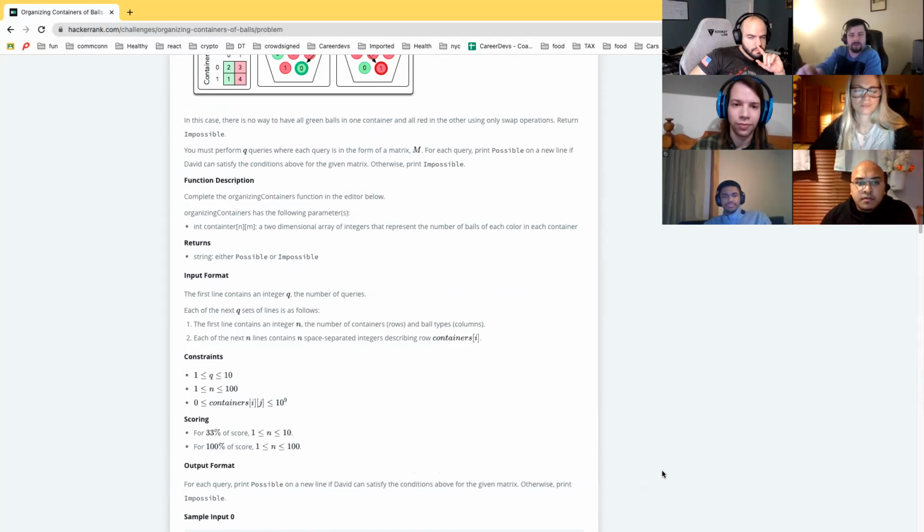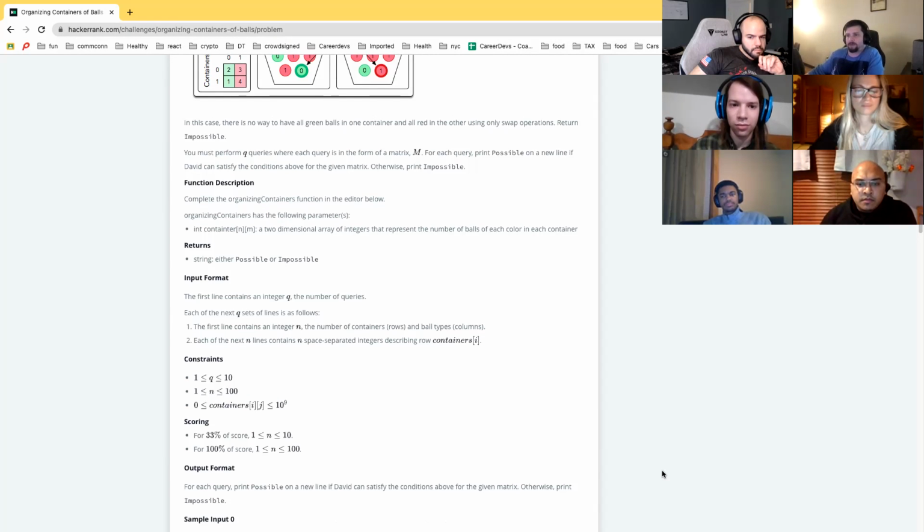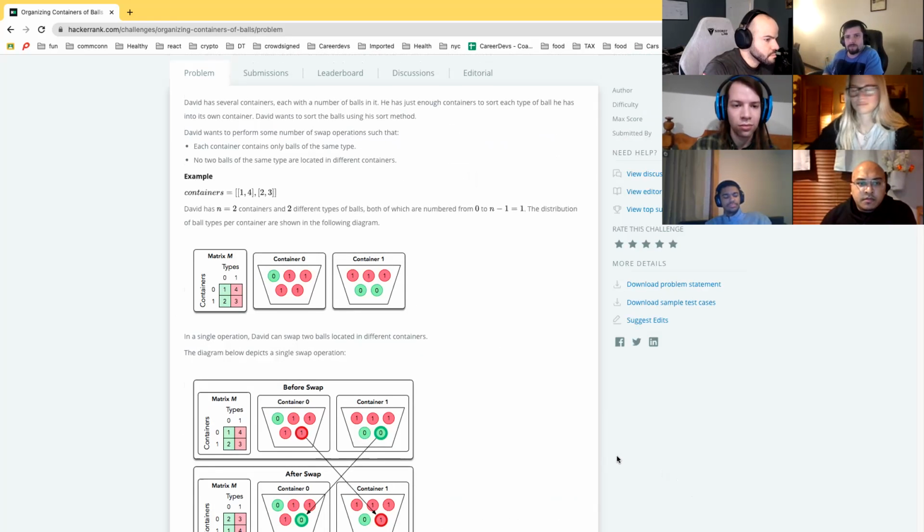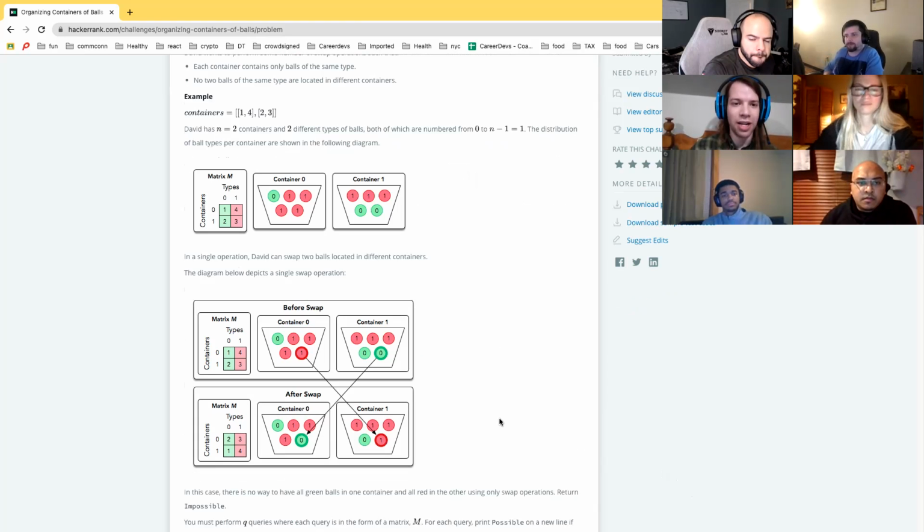Questions for you guys. Anybody have any questions or things that are a little unclear here? So in the first example that we have there, with containers equals the nested array, it's the locations, or rather it's the indexes that determine the type of ball, and the number there is how many of that type, right? Yeah, so your first dimension